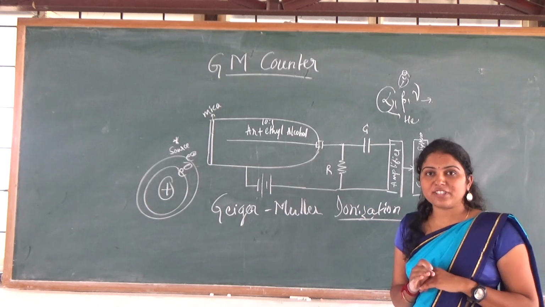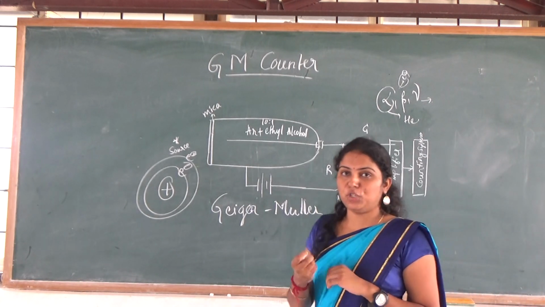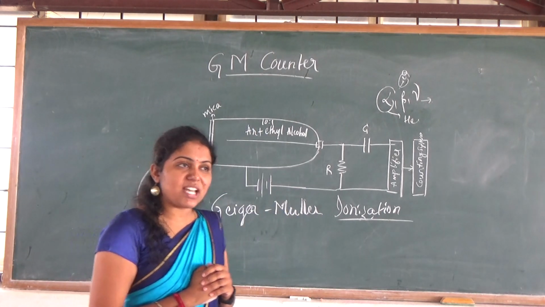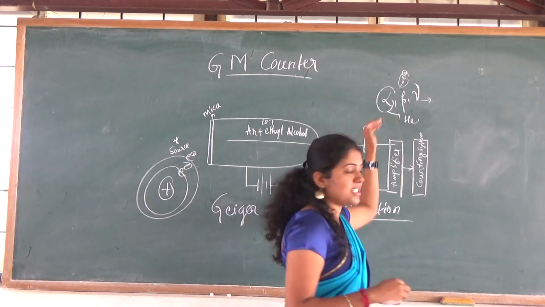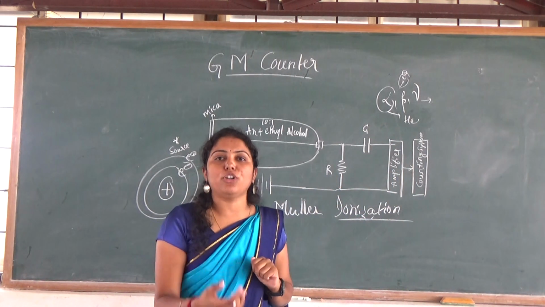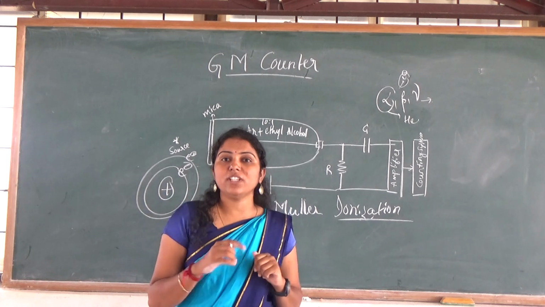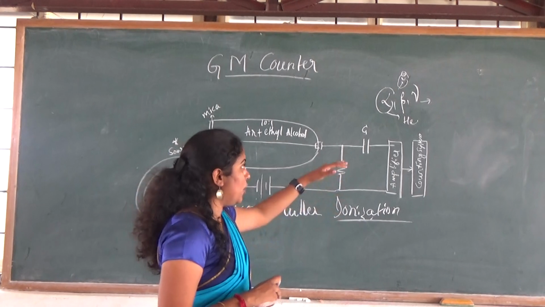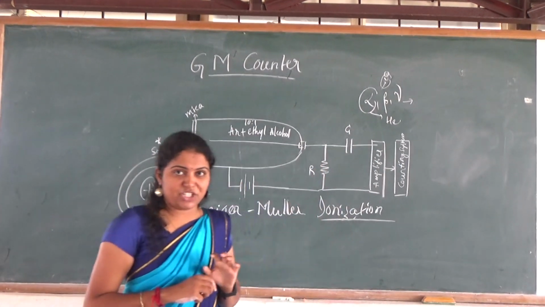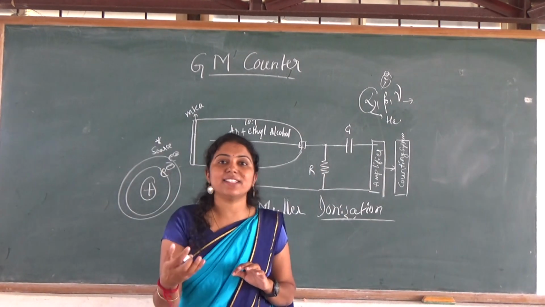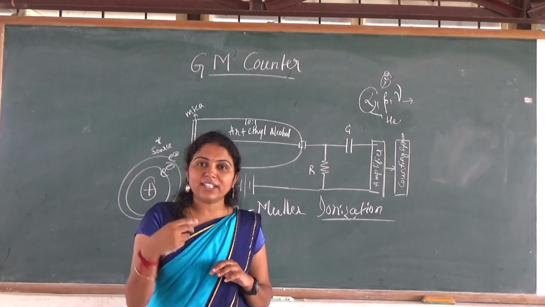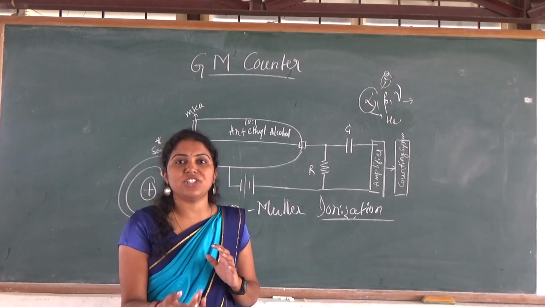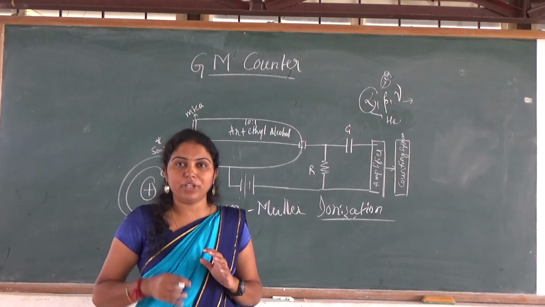So what is nuclear physics? You know very well, that is the study of the nucleus, right? So nuclear radiations are nothing but radiations that may be proton, alpha, beta, or gamma, coming from the nucleus of the atom. Now, we know these radiations are hazardous to health, right? So to detect this radiation we need some detectors, to know how much nuclear radiation is coming from the source.